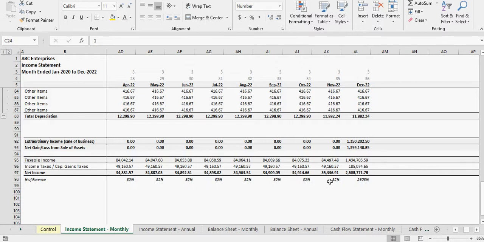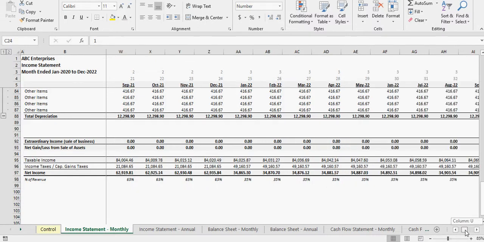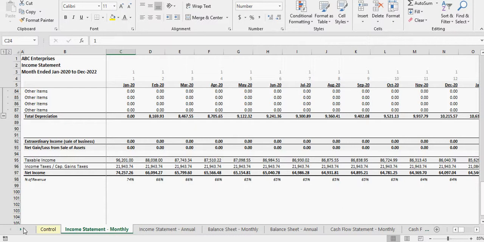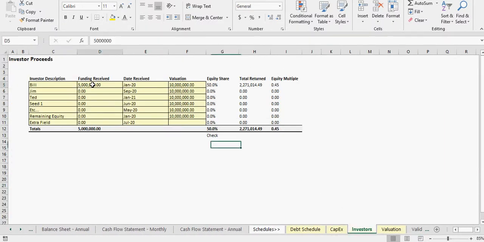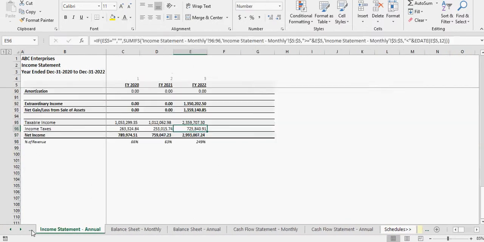So this is what we're going to use to define how much any shareholders get, if any. So you can see here there's an investor schedule. You can put in the amount that they fund, the months they fund, the valuation at which they do fund, and that will define how much equity share they get. And anything left over obviously flows to retained earnings. There's equity multiple here. And so if we go to